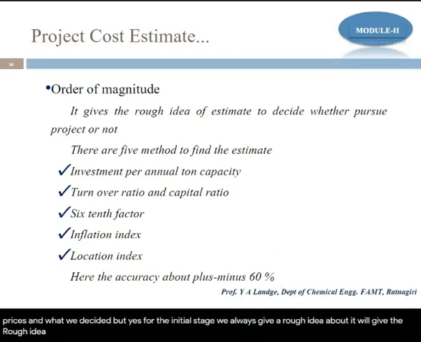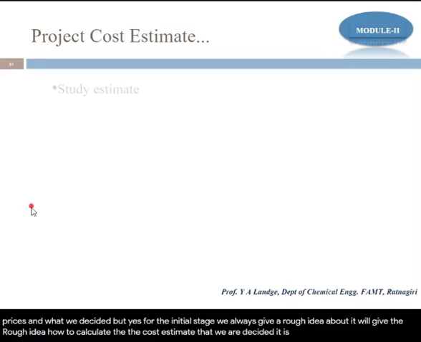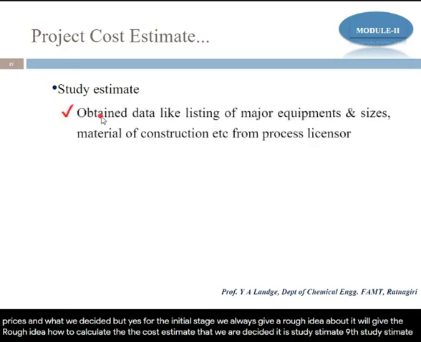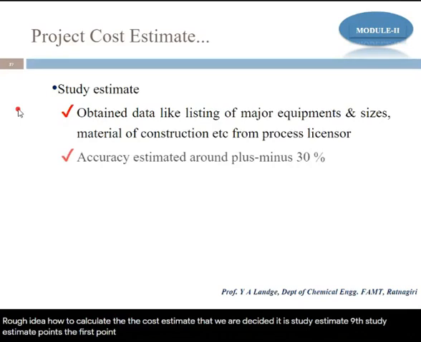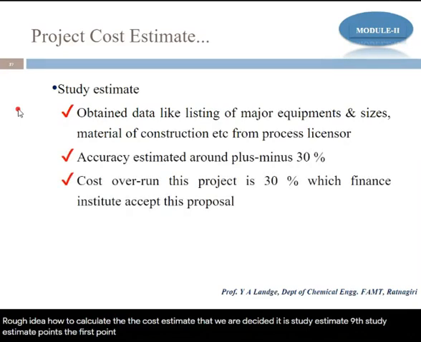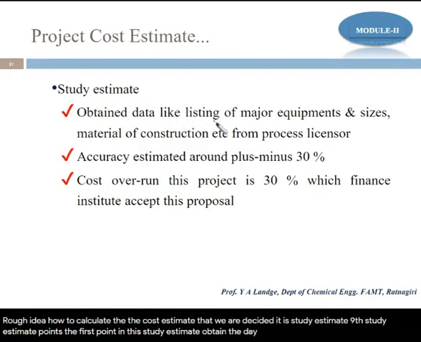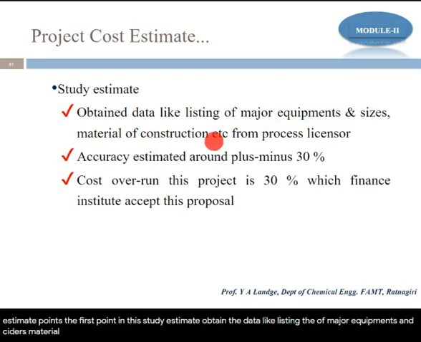The next point to calculate the cost estimate that we have decided is the study estimate. Now in the study estimate, what are the points? The first point: in the study estimate, obtain the data like listing of major equipment and sizes, material of construction, etc. from the process licensor. So the study estimate means we try to calculate the actual amount of